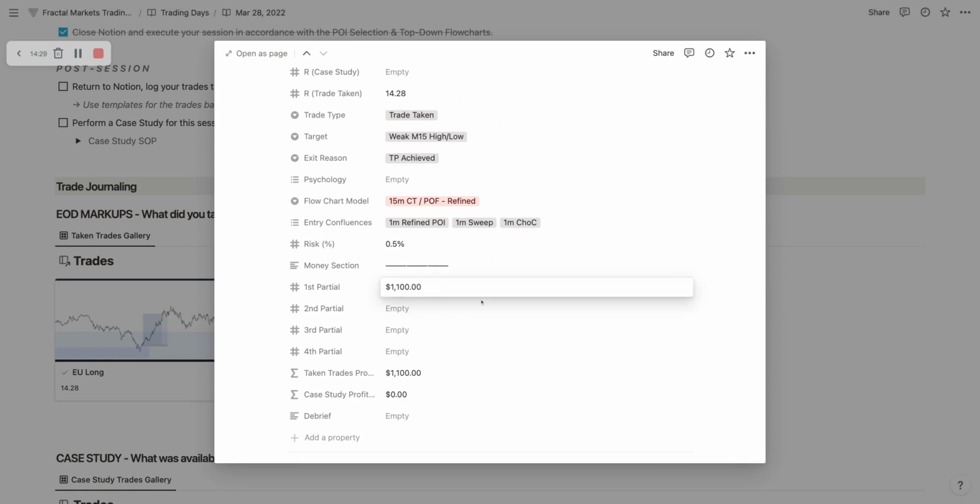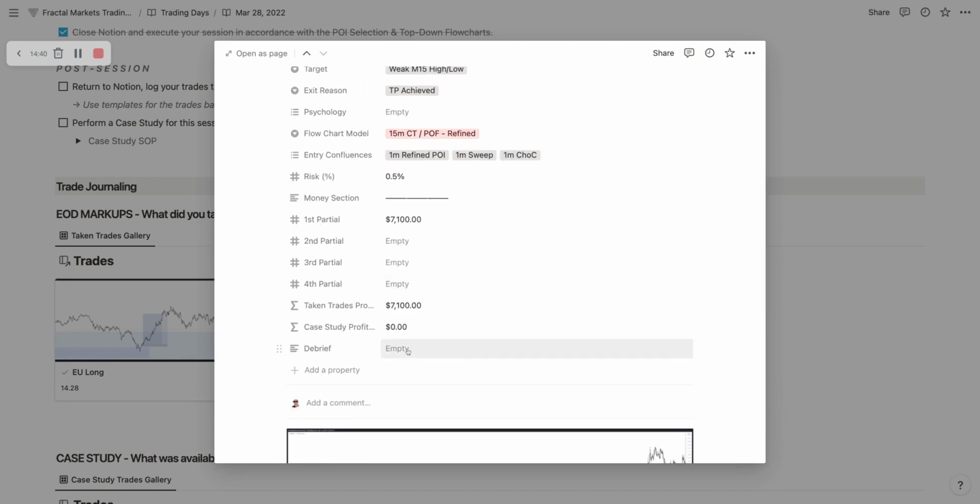Then this 14R would be like 7,100, let's say. Now that's your total profit because it's just this plus the empty ones equals the same number, right? Now the debrief section, I mentioned that in a previous video, is where you say basically everything that happened